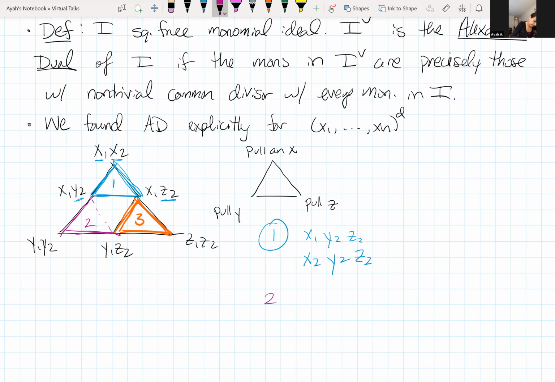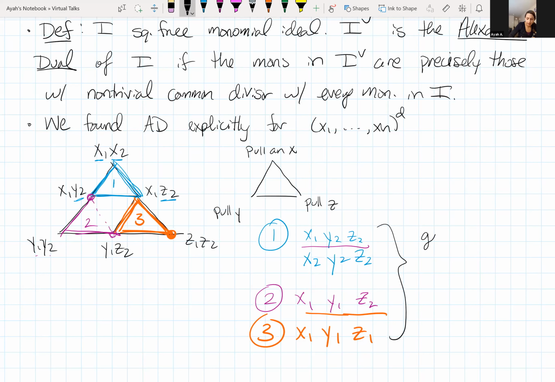In the second triangle, there's only one x and only one z, and I can choose either y1 or y2, but one is already in here, so I'll just do y1. For the last triangle, I have only one choice for x and one for y, and two choices for z, but x1, y1, z2 is already here, so I'll choose z1. And it turns out that this generates the entire Alexander dual